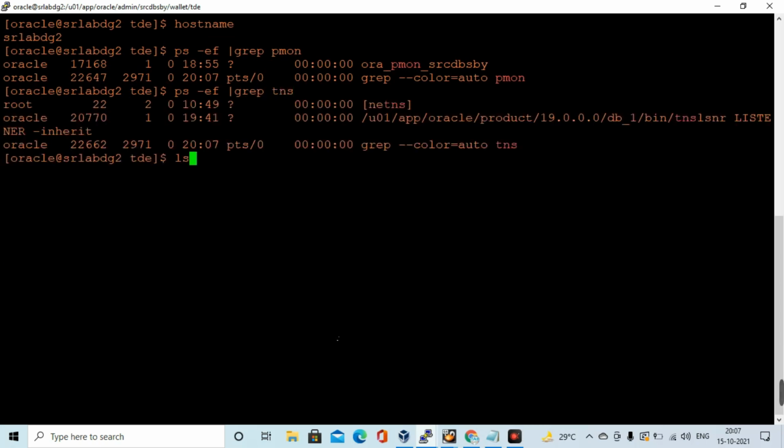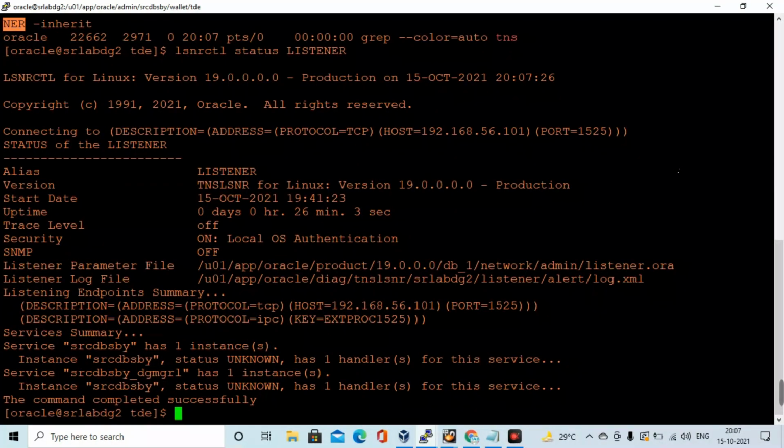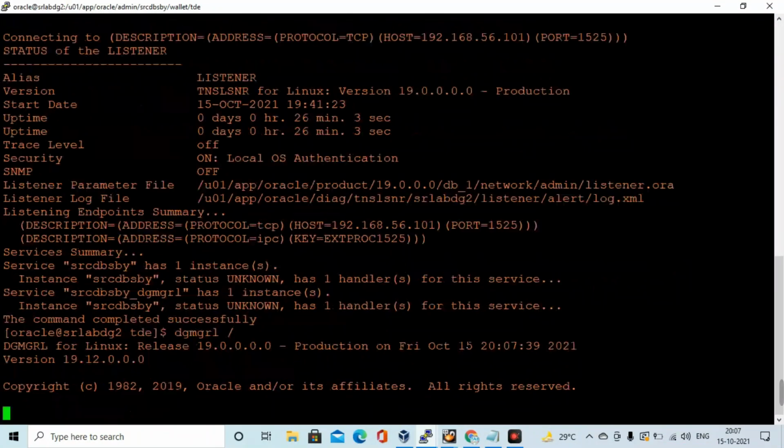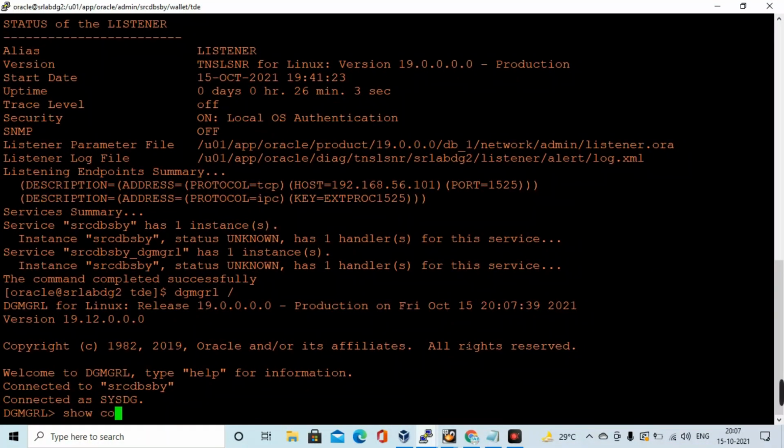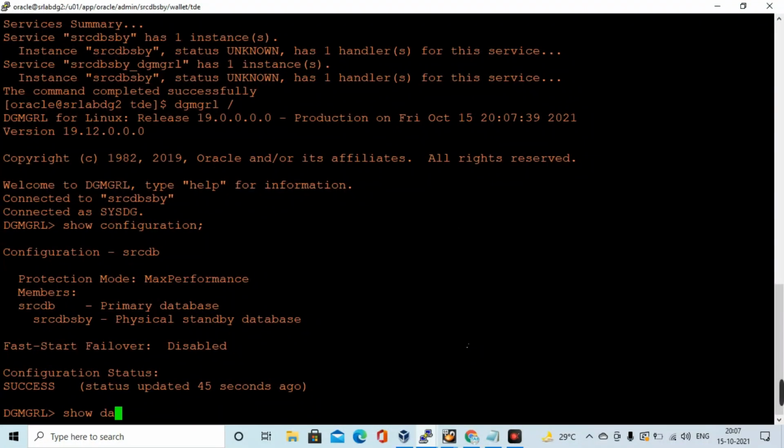So now in my scenario, I have created a container plus one pluggable database with TDE enabled. I have manually configured the TDE in this source database. I am going to create a standby database, and the standby database is already running.